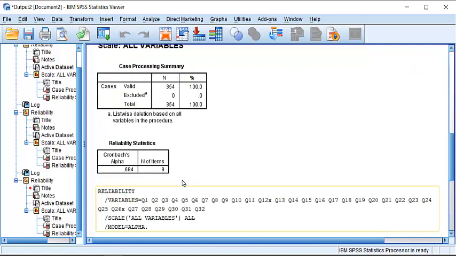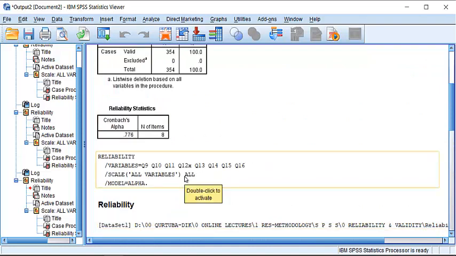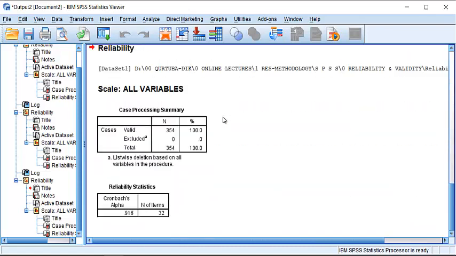Let's go there and discuss whether or not the score is within range, whether or not the score is giving us the message that the measure which has been used to collect data and prepare this data matrix is reliable or not. So let's go back to the SPSS.